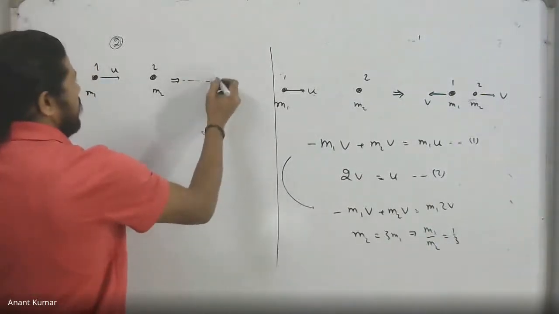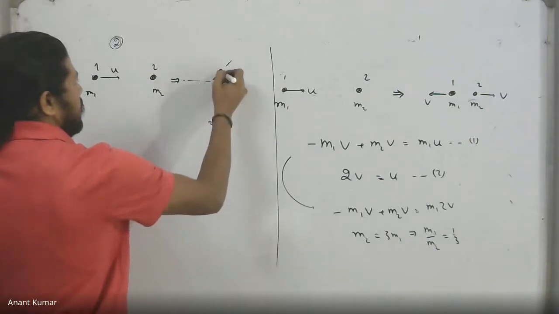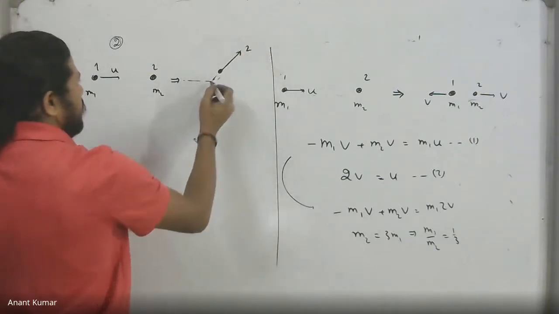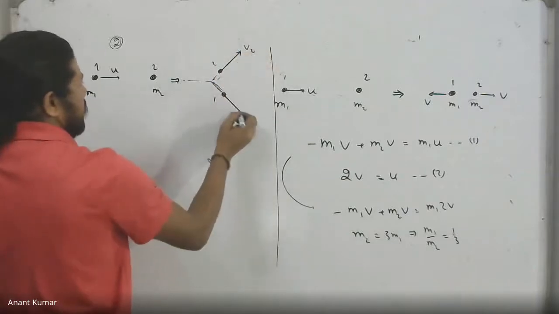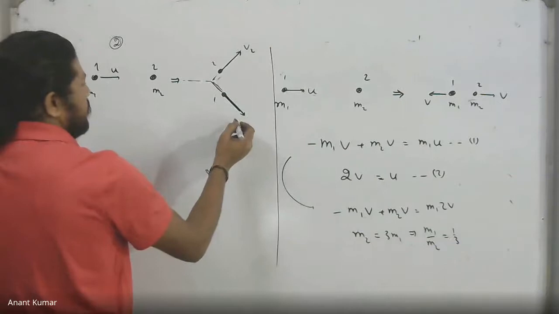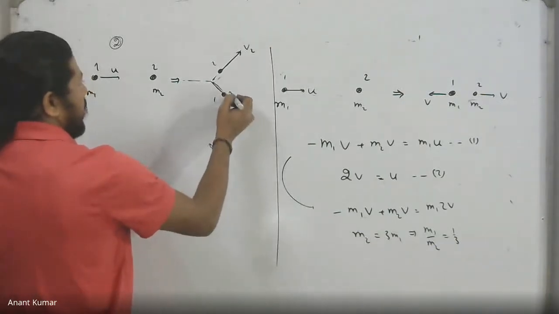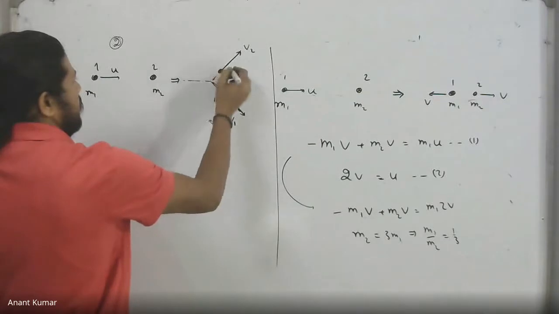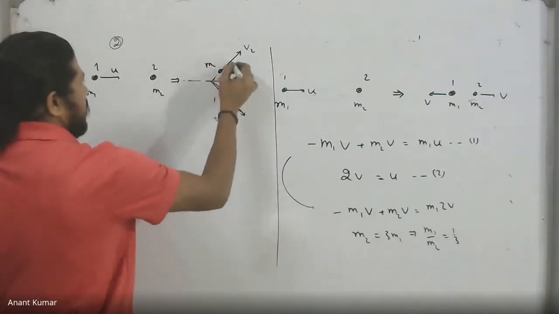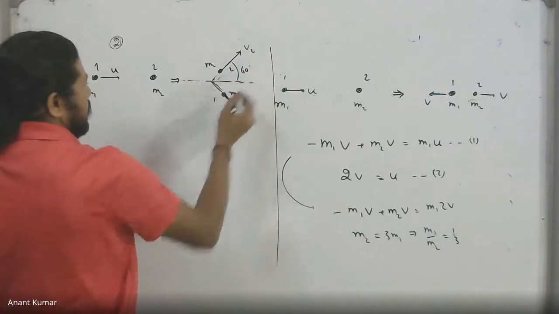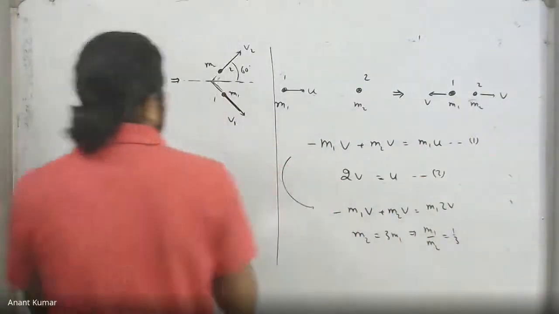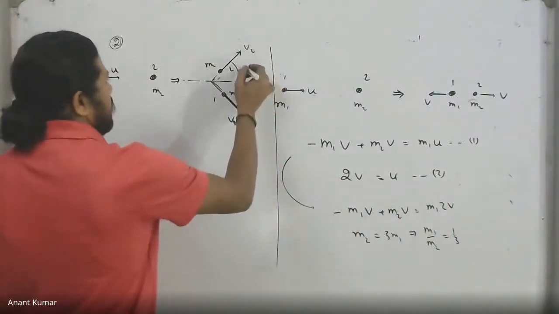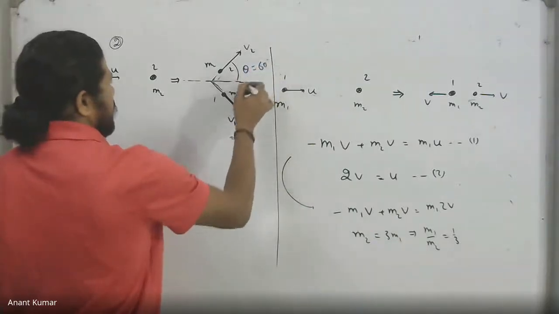But the initial line, this is the motion of, say, for example, 2, and this is for 1. This would be v1 for m1 and v2 for m2. The angle being 60 degrees in each case. We can work with symbols for the moment. Call it theta, that is 60 degrees. The same on this side as well, theta.